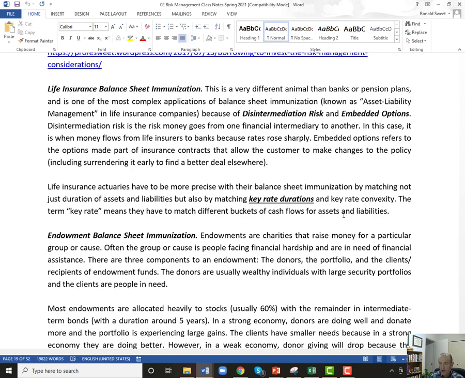Anytime the portfolio manager needed to buy a bond, he would go to John, the actuary, and say, I want to buy this bond. What impact is that going to have on our key rate durations, our key rate convexity? And they had it lined up. So what they're hoping is no matter what interest rates did, they had a portfolio that was going to move in a way to protect them from what their customers did on the liability side.